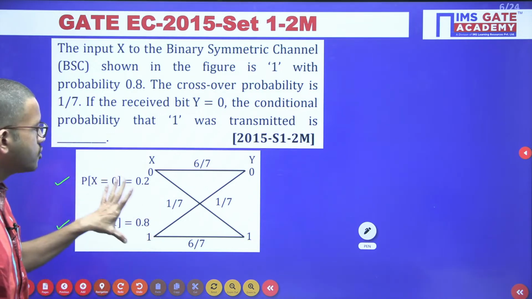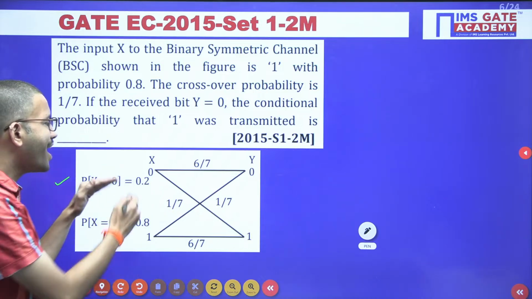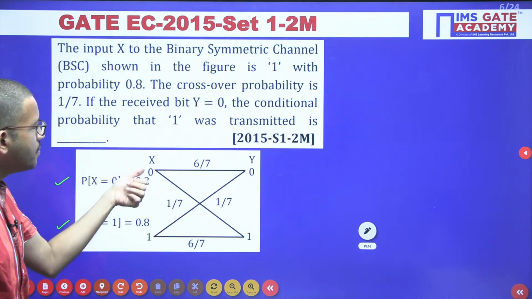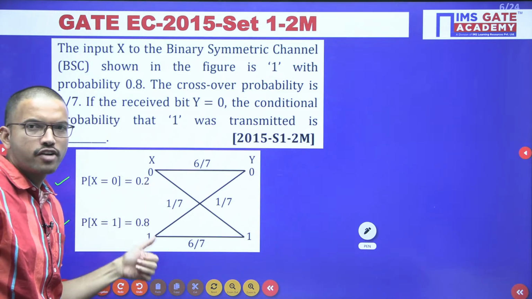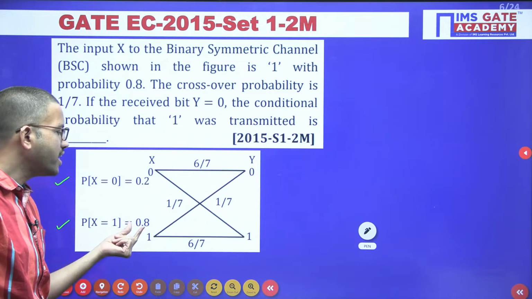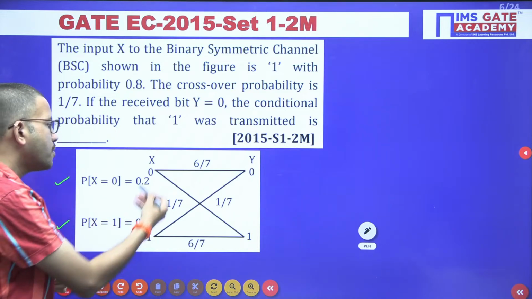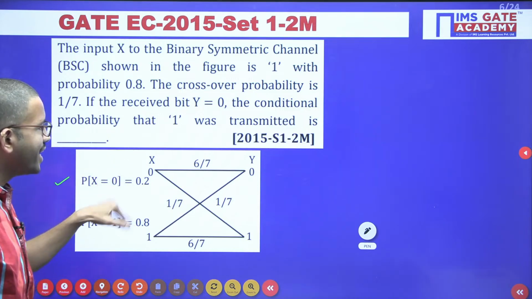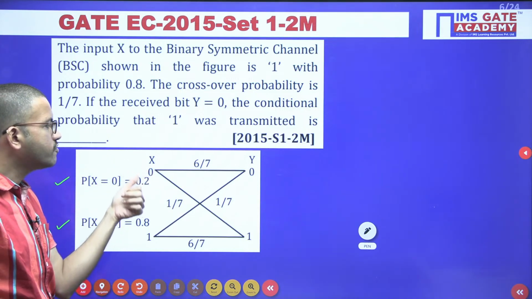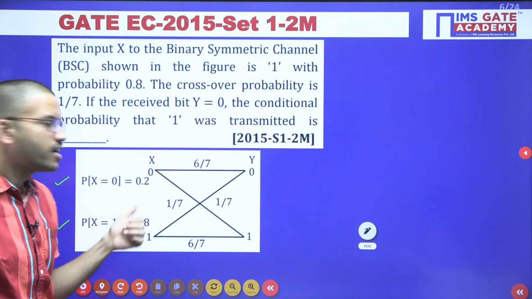Or in this question directly they have given it; even if they hadn't mentioned it, ultimately regarding X you are having two possible values, either 0 or 1. In order to get 1, they have mentioned the probability as 0.8. So the sum of these two probabilities is equal to 1, right? So in this question directly they have given the probability of getting X value 0 as 0.2.